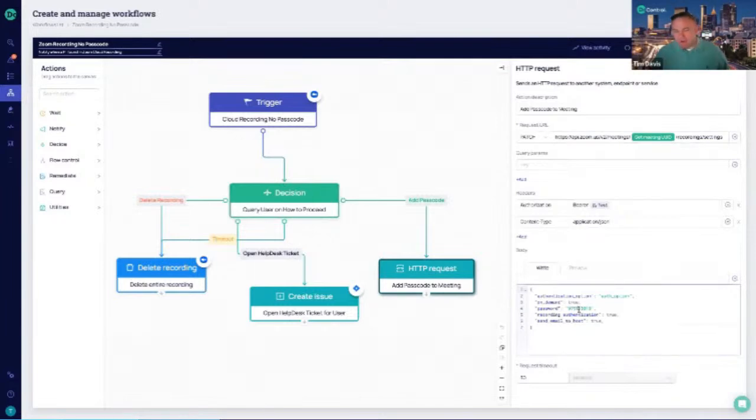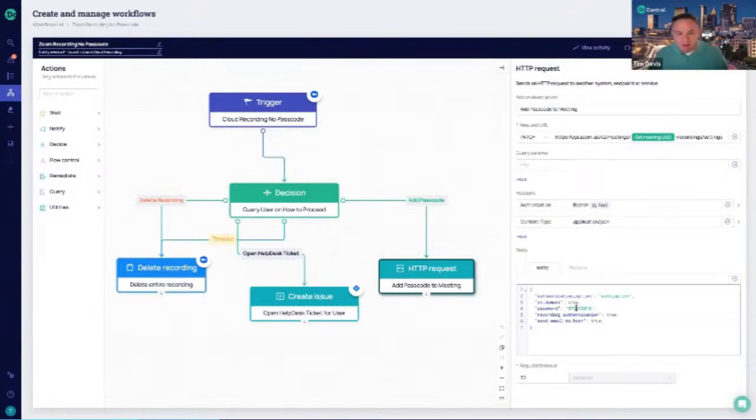And then we say, okay, well, you just added a passcode. And by the way, you can make this a variable if you like as well, right? So it's not the same passcode that gets added every time somebody clicks this. And then you might say, okay, well, how does the user know? All right, I added a passcode to their recording, but how do they know what it was? Well, we can also tell Zoom, send an email to the host, to the person who initiated the recording with the new passcode that's been added. So now that they have it,